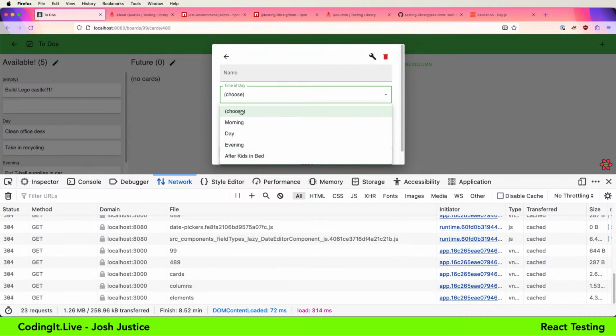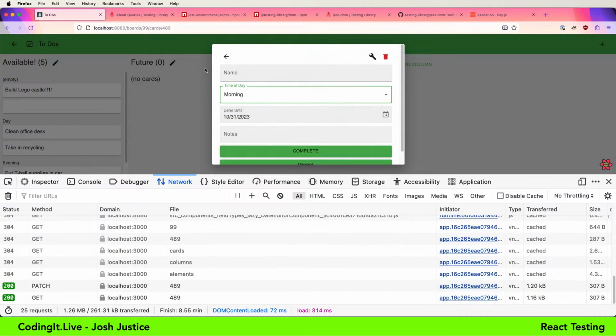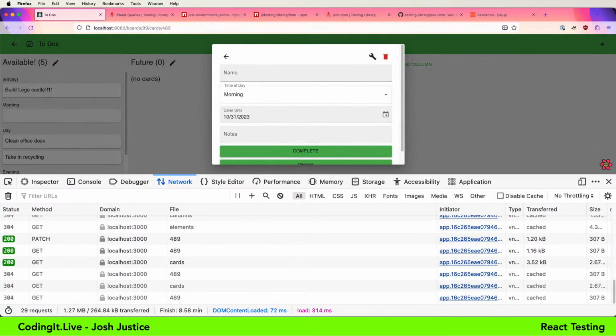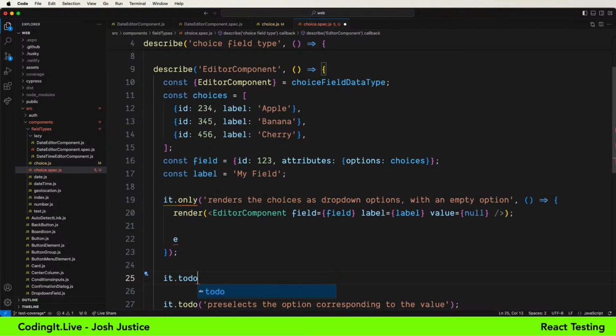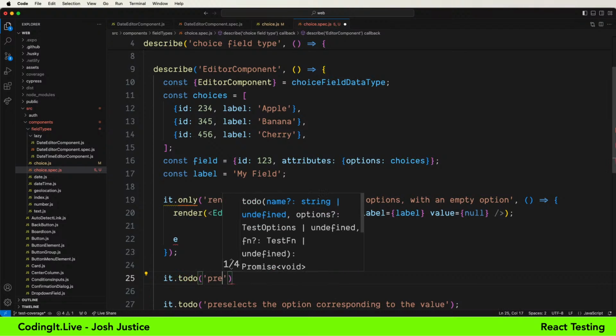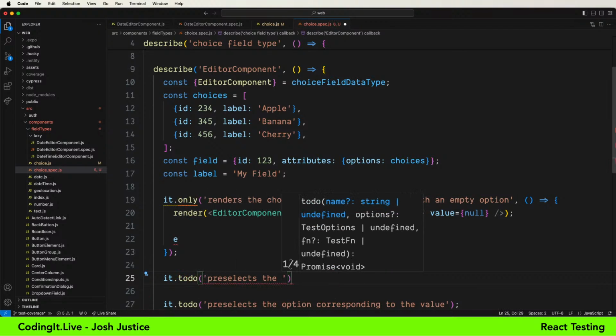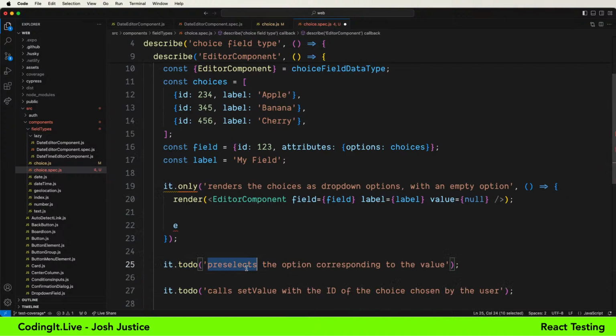We want the chosen value to render in that field. So let me make another to-do for that. It to-do pre-selects the, oh, don't think ahead too much, Josh, you already did it. All right, we're gonna focus on the options here.